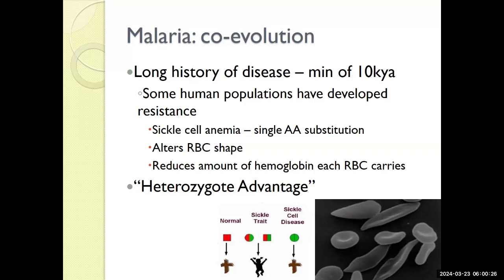Now, if a person got 2 bad copies of the sickle cell gene, they would die within the first 2 years of their life from multiple organ system failure because there wouldn't be enough oxygen to go around and support the internal workings of the body. Here in the United States, we see almost no occurrence of sickle cell anemia because if you had 2 copies, you would die. If you had 1 copy, you would live, but typically those individuals only live to about 35